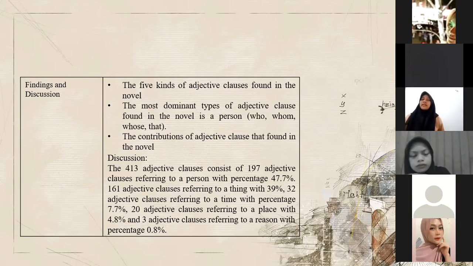25.7%. And the third, the adjective clause that refers to a time by using the pronoun when is also widely used after that with a percentage of 7.7%. And fourth, adjective clause that refers to a place using the pronoun where are also found with a percentage of 4.8%. And the last finding found by the researchers, namely the adjective clause that refers to a reason by using